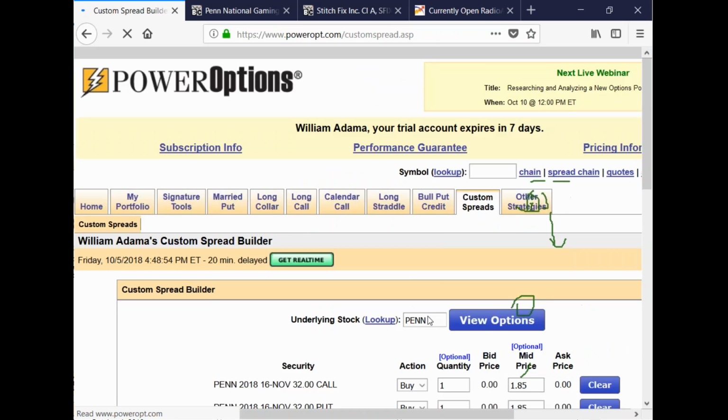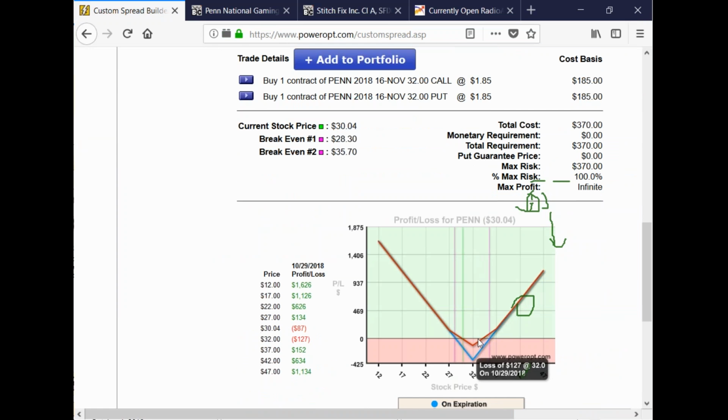But when the stock moved up to about 33 or 34, Sam might have sold the call, or he might have just kept it, but he might have sold the call and bought an extra put. And then, of course, today he's in a different position. Right? He's moving in and out of the two different legs.